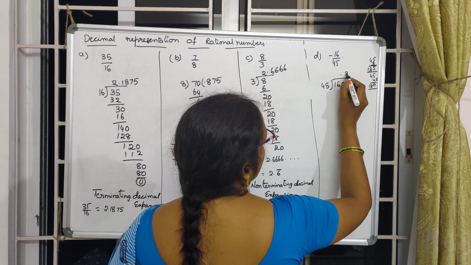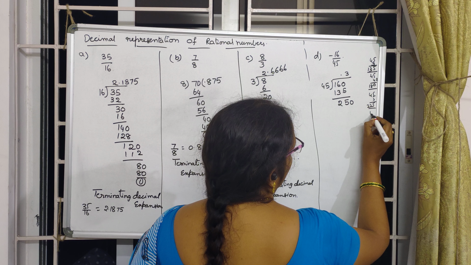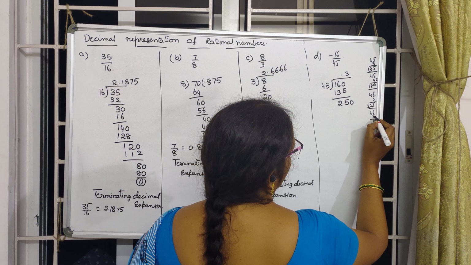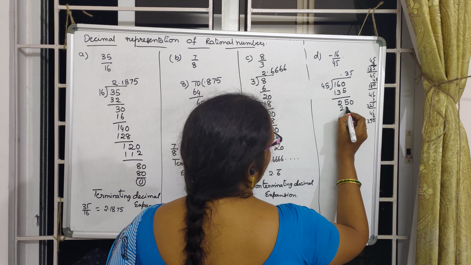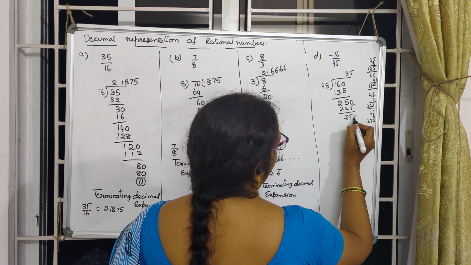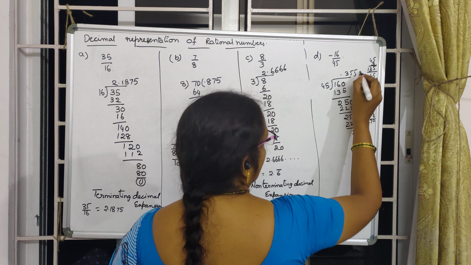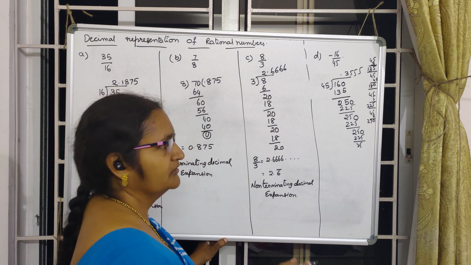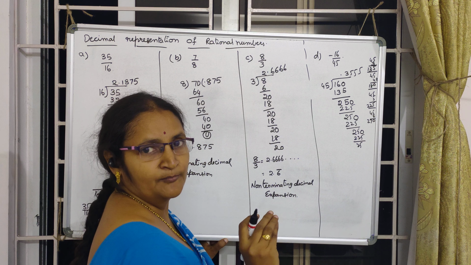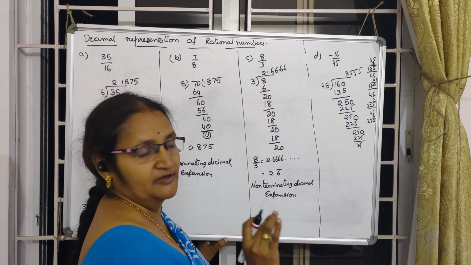0. 250. 45 5s are 225. 25 0. 45 6s are 270. So it is 5s 225. So left with 25 0. 5s 225. 250. 5s 225. 25 keeps on going. Here in this example also, the division is not at all stopping after particular steps.